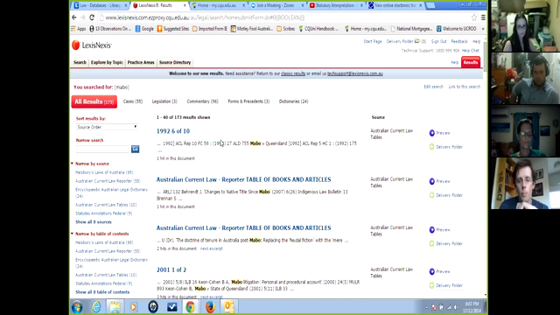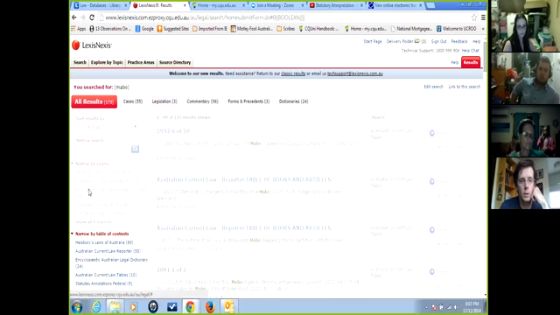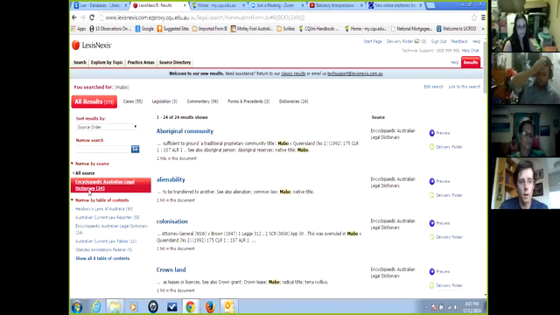Now, what I might want to do then is narrow the search. I just want to know some general information about Mabo, and I might want to look at some information coming out of the legal dictionary on Mabo. So on the left-hand side is where you can narrow the search down. Then I might sort this by relevancy. There's a button here. You can either sort it by sources or by relevance. So if I click on relevance,